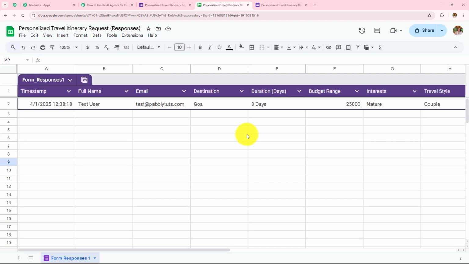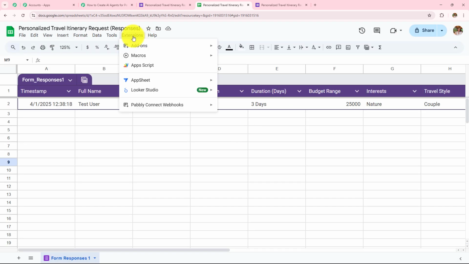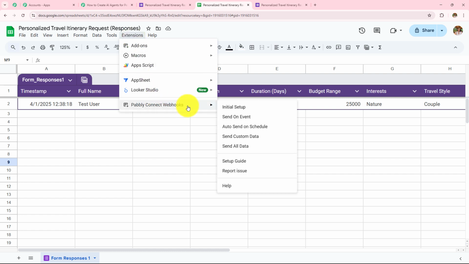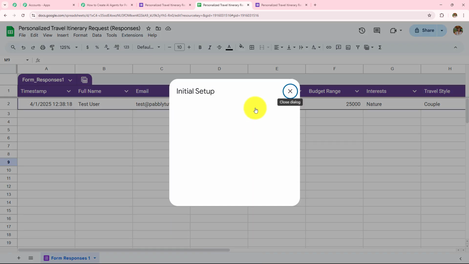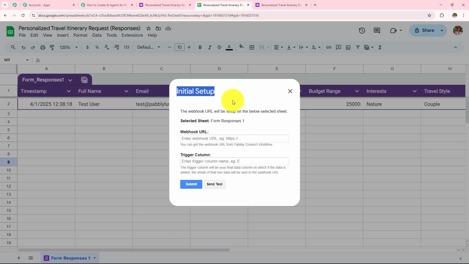But if you are doing this for the first time, make sure you follow the same process and install this in your Google Sheets. Now after you install this, you have to go to this extensions, and over here you can see this option of Pabbly Connect webhooks, from where you have to go to this initial setup. So this initial setup box has appeared in front of me where I need to enter the webhook URL and